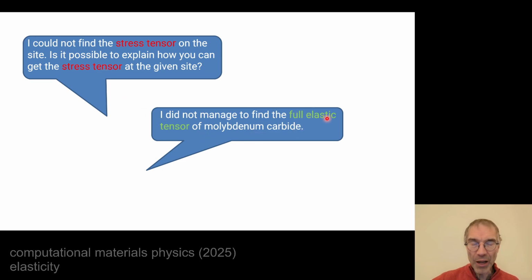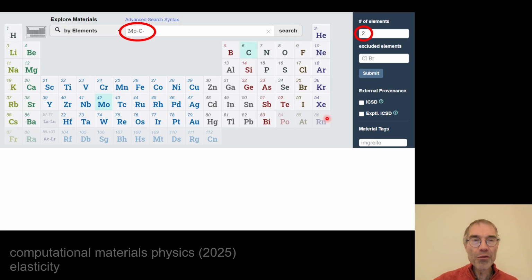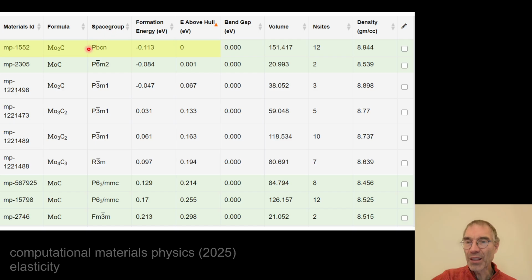And where do you find then that full elastic tensor of, say, molybdenum carbide? Well, I put here in the search window in Materials Project these two elements. I restrict the crystals to strictly two elements, and then I get this list of all crystals with only molybdenum and carbon. And molybdenum carbide, the ground state, the one that is on the convex hull, is this molybdenum 2